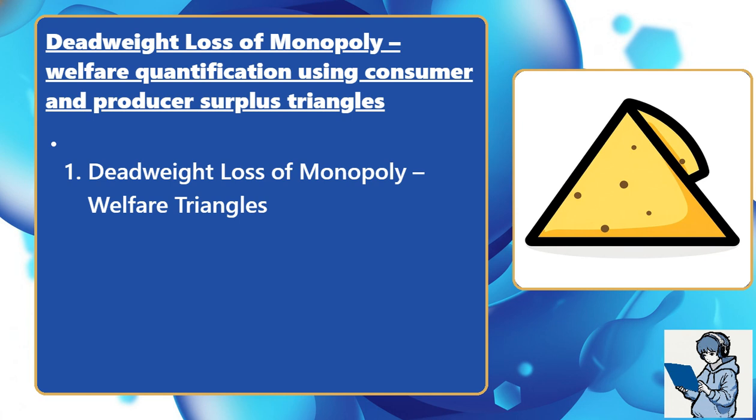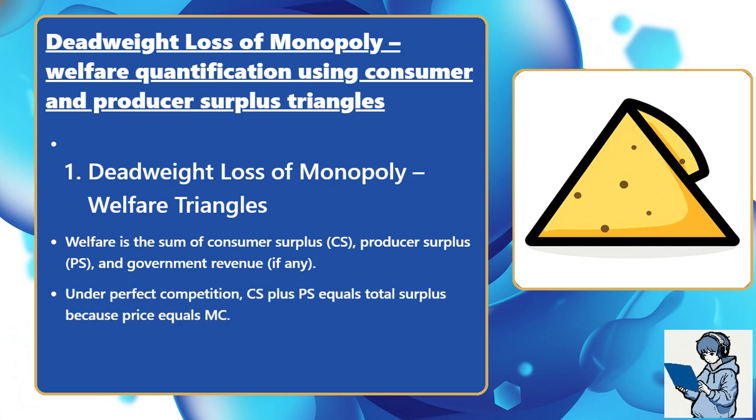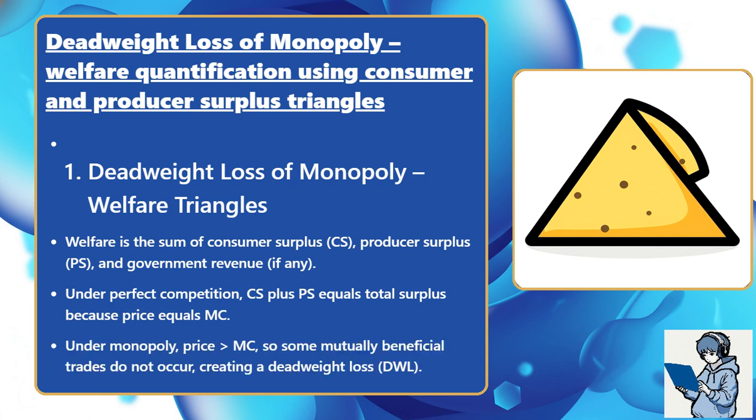6. Deadweight loss of monopoly: welfare triangles. Welfare is the sum of consumer surplus, CS, producer surplus, PS, and government revenue if any. Under perfect competition, CS plus PS equals total surplus because price equals marginal cost. Under monopoly, price is greater than marginal cost, so some mutually beneficial trades do not occur, creating a deadweight loss,